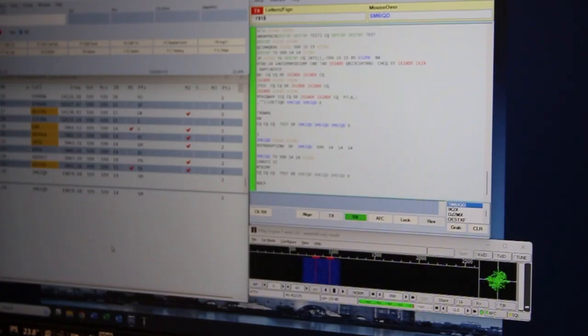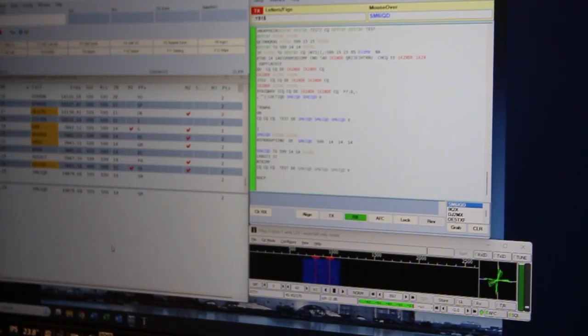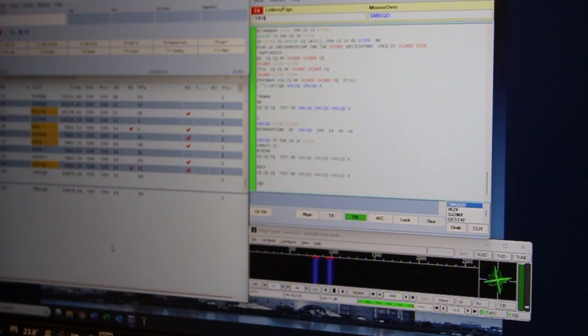So we're well into the contest now. It's 4:30 clock time, 3:30 GMT. I'm back on 20 meters. I've been doing a bit on 10 meters, working the US and South America a little bit. Quite a lot of Europeans on 20 meters and a few DX stations. I thought I'd just show you now